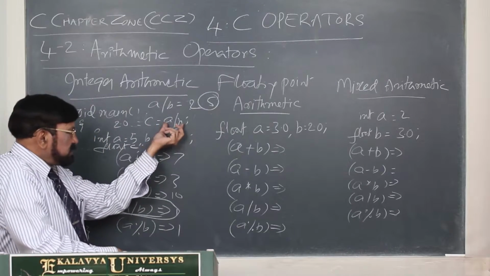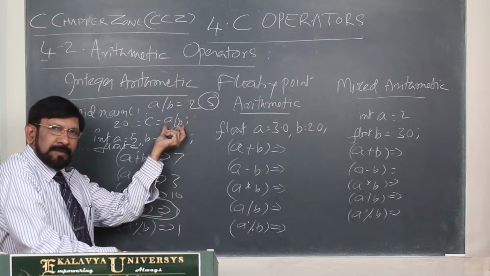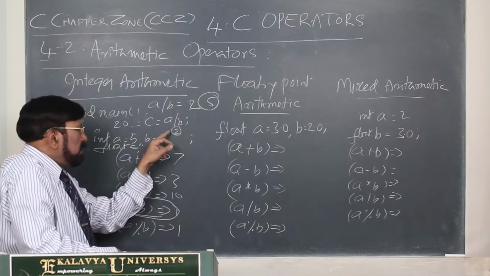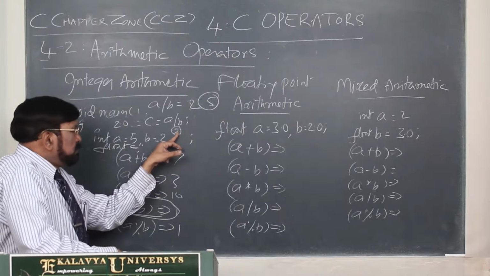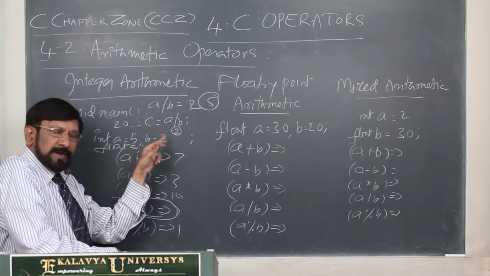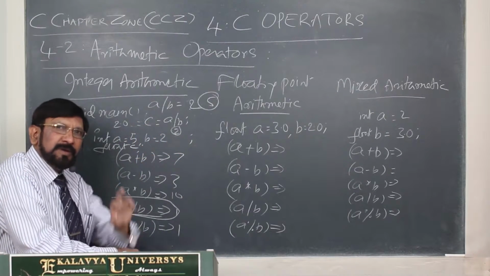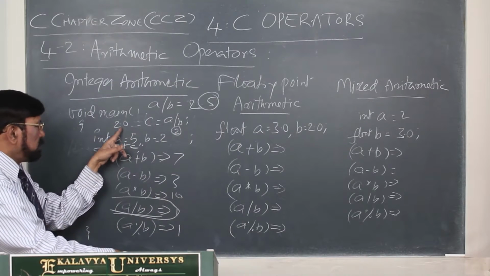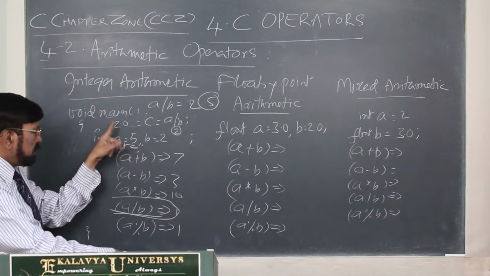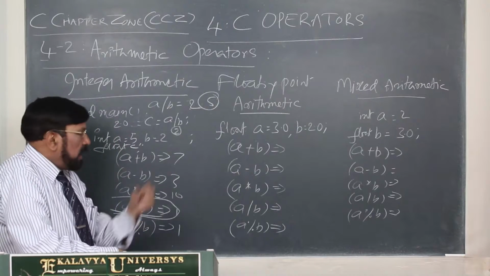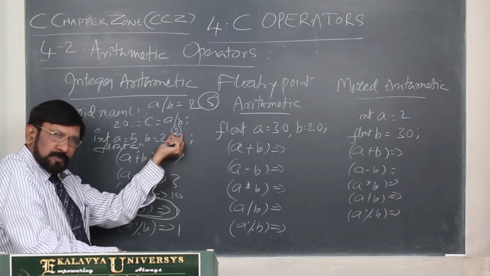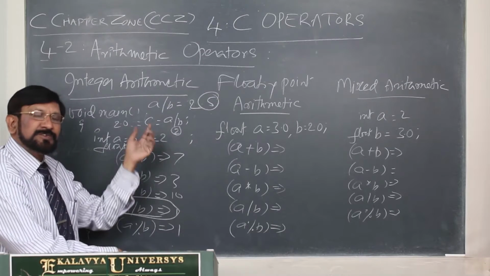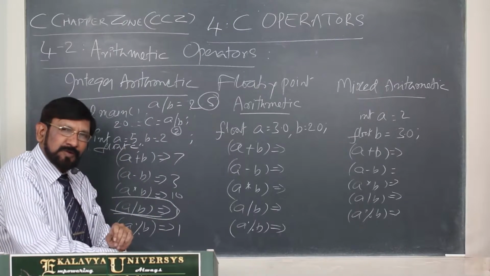Actually, the calculation is made here. When the calculation was made, 2 was generated. Simply storing it in floating point, you cannot get any benefit. It is simply 2 converted into a floating point value, and then it becomes 2.0, and it is stored in 4 bytes. That you have to understand.